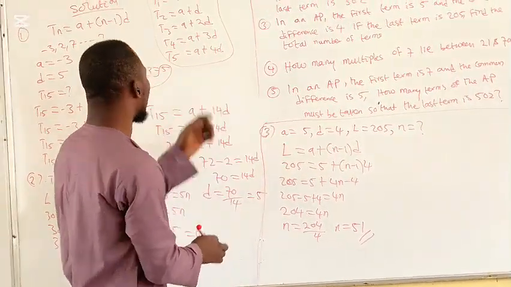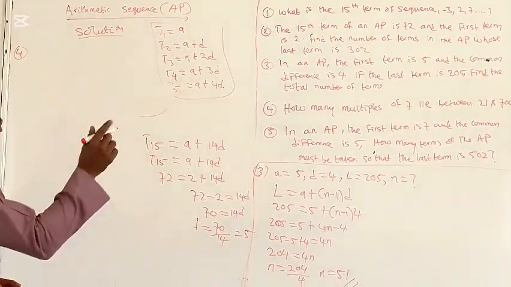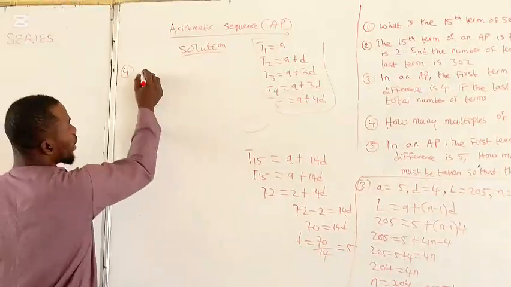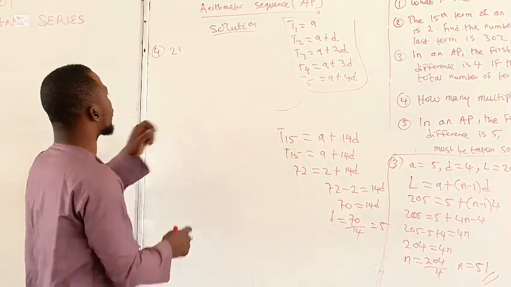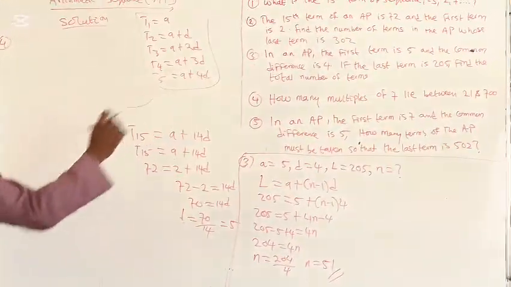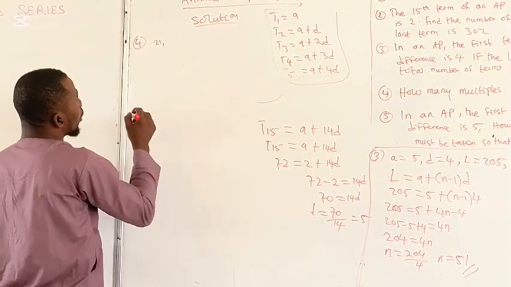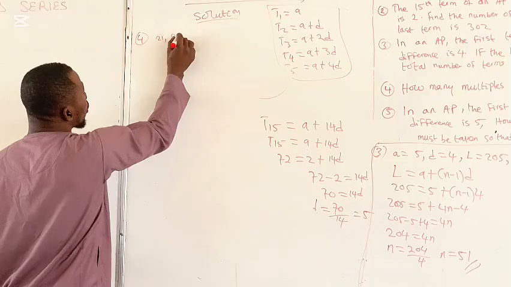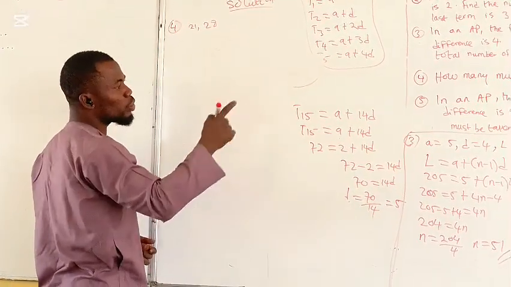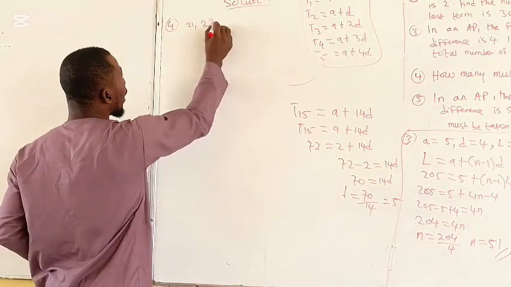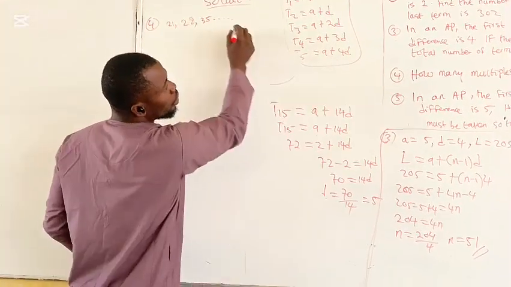The next question is, how many multiples of 7 lie between 21 and 700? So from here, our first term is 21. Then 21 plus 7 will give us 28, because we said multiples of 7 lie between 21 and 700. The next term will be 28 plus 7, 35, all the way to